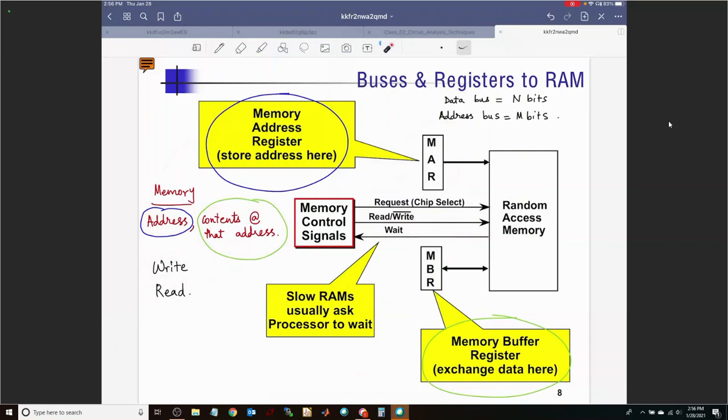M bits in MAR, that is absolutely correct because it needs to be consistent with the address bus. So addresses over here are m bits. The data, MBR, n bits. Excellent. So those need to be consistent, right? Now let's ask